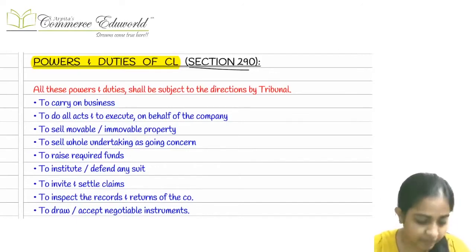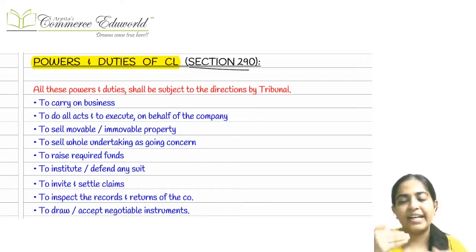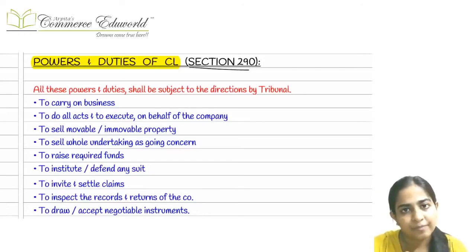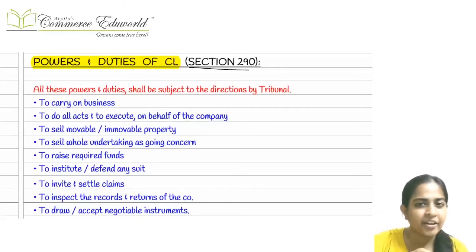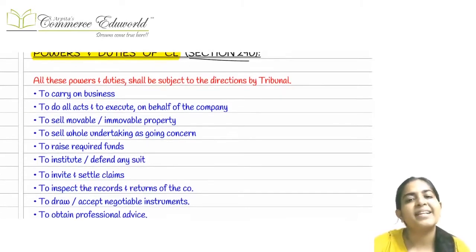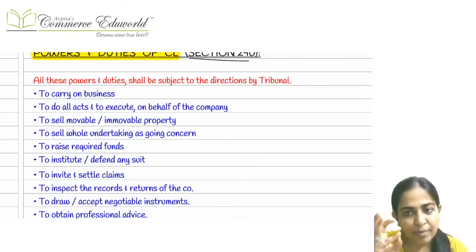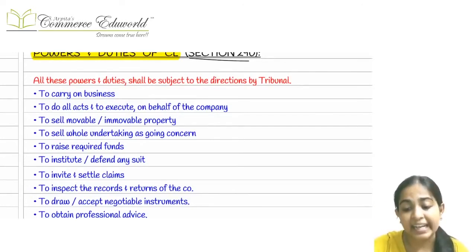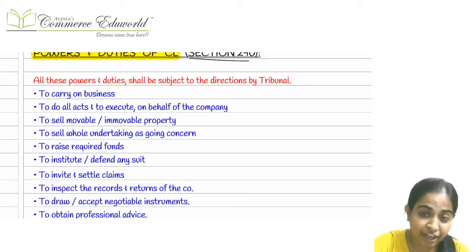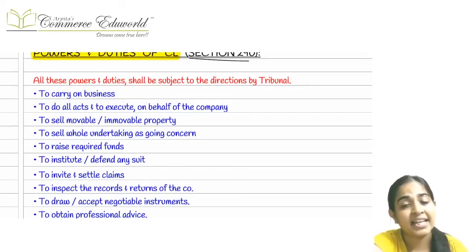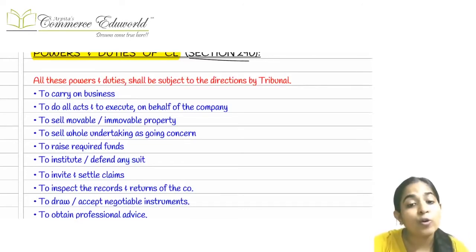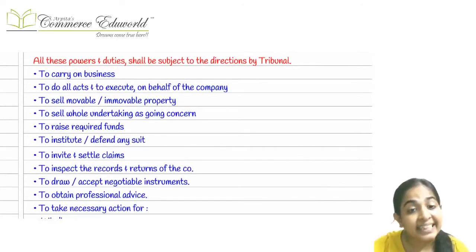Right? Now listen. Can I say the company liquidator works on the directions of the tribunal? The company liquidator works on the directions given by the tribunal. So what powers can be exercised by the company liquidator after taking the approval from the tribunal? It can sell off movable assets, it can sell off immovable property, it can raise some short-term funds if required, it can handle legal cases, just like we studied before, High Court and Supreme Court cases. It can invite people for their claims, whose money is pending, to come and tell me, just like in IBC we used to do a public announcement. It can settle the claims.